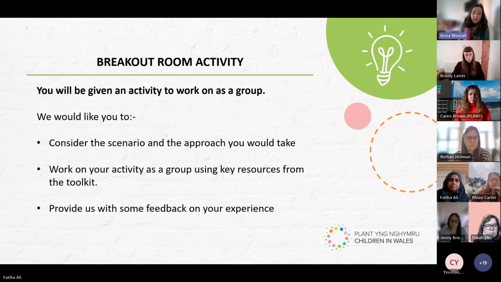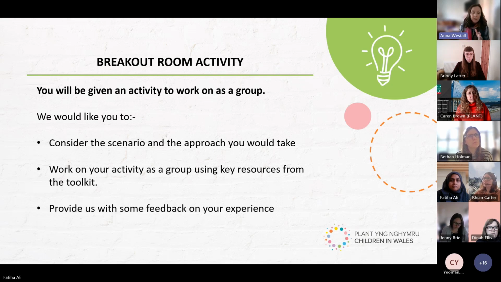Then within your breakout room, you'll have a couple of extra considerations to think about when planning the consultation approach that you might take. So we'll talk through the scenario in a moment, and then you'll have 20 minutes to talk in your groups, then come back and feed back. What me and Fatih can hopefully do is listen to what you've suggested, and then also give you some other ideas of how you could use the toolkit in other ways as well.